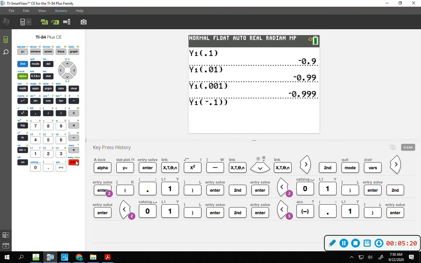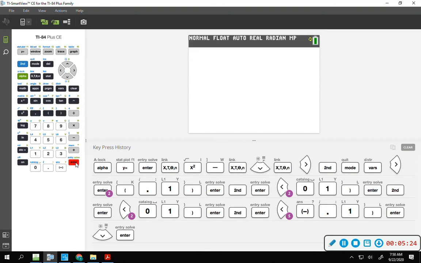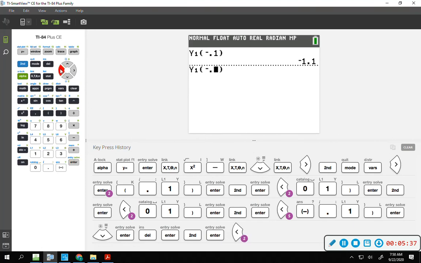And hit enter. Oops. Had an error here. Probably because I had that extra parenthesis. That's typically the problem. So I'll eliminate that extra parenthesis, hit enter. That's how I get negative 1.1. And I'll just show you one more. If I come back here and make it negative 0.1,